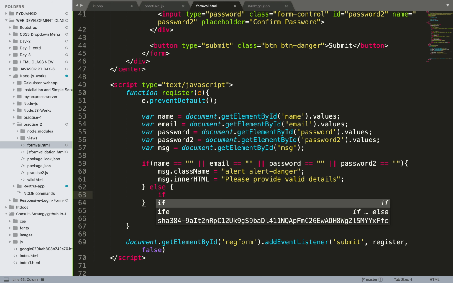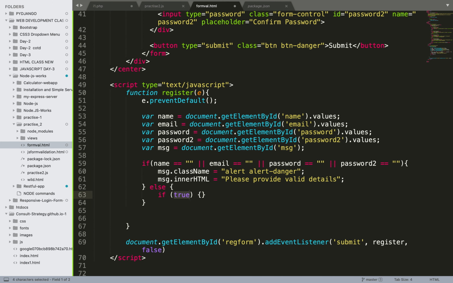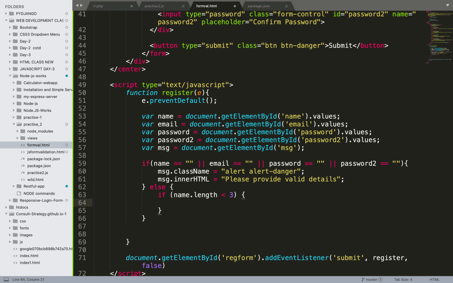So in the else part, I will have another if, and the condition will be name dot length. If it is less than 3, then class name equal to